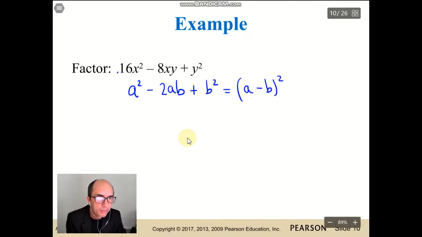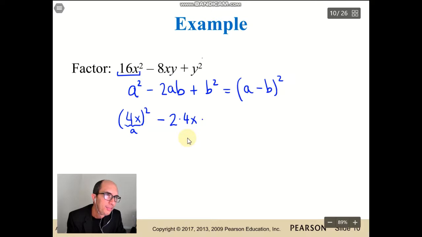And first, let's rewrite this. It's going to be (4x) squared minus 2 times, this is going to be our a, so 4x, times, and if this is b squared, b equals y, right? Let's rewrite here, b equals y, plus y squared. So compare this